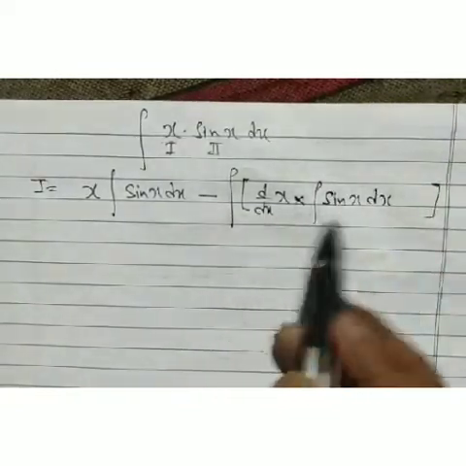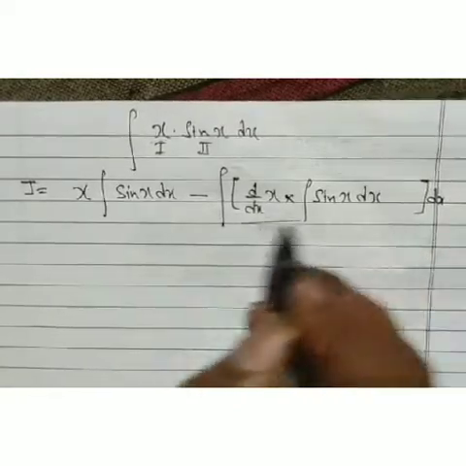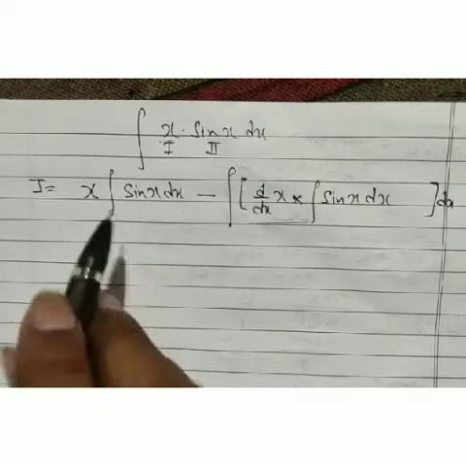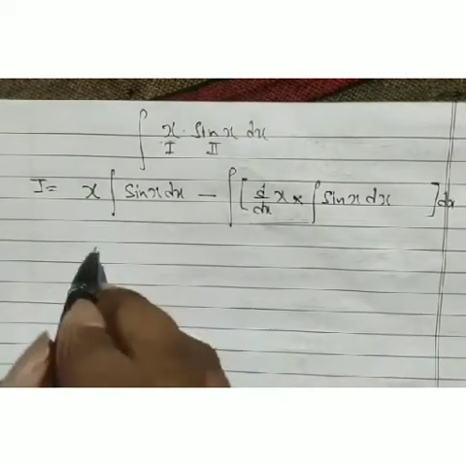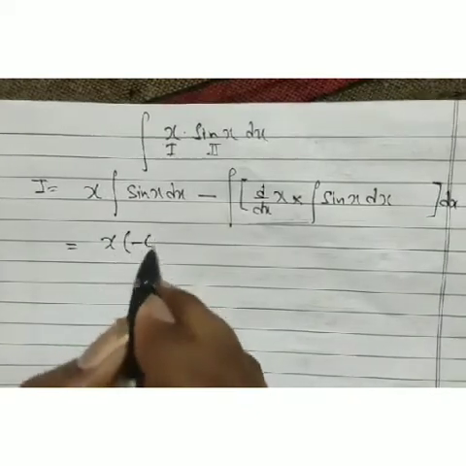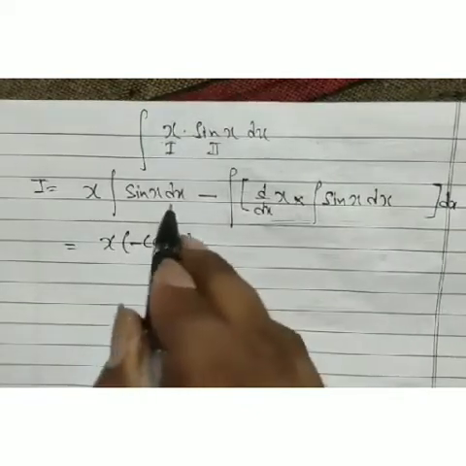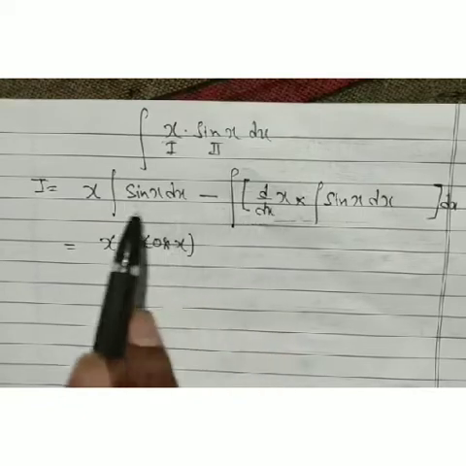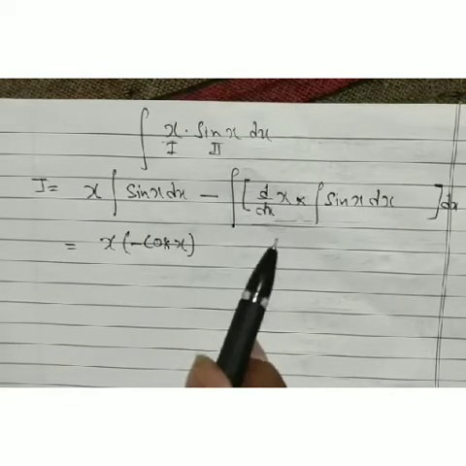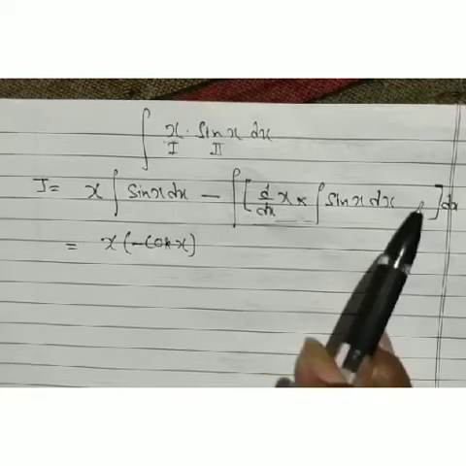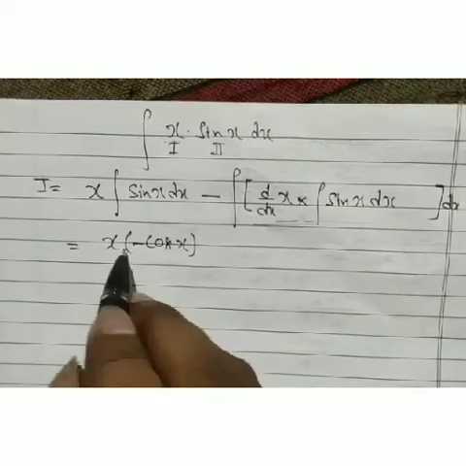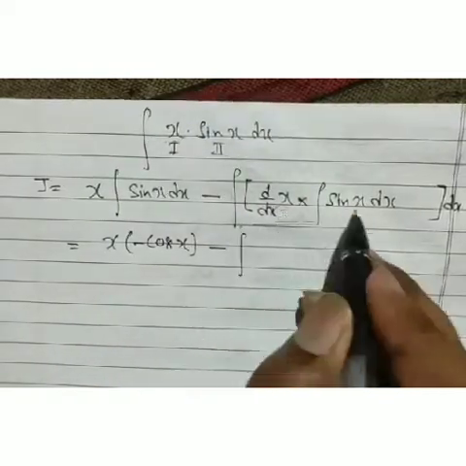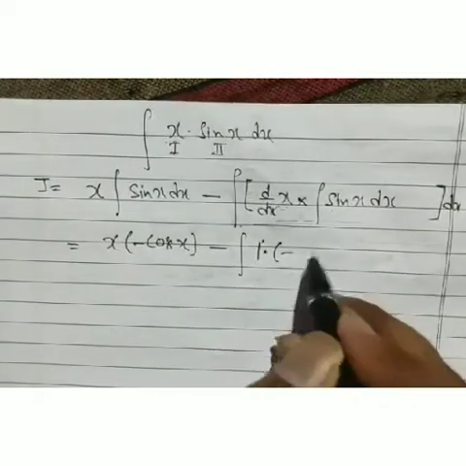And after getting this value, we are going to take the integration of this whole part. Now what is the integration of sin x? Since d/dx of cos x is minus sin x, the integration of sin x is minus cos x. Then now what we have: x, here we have minus cos x, because the integration of sin x is minus cos x. Look, we have two integrations to do, so we just need to write down the constant only one time. Look, we have x times minus cos x, then now d/dx of x is 1, this is 1, and 1 into minus cos x.